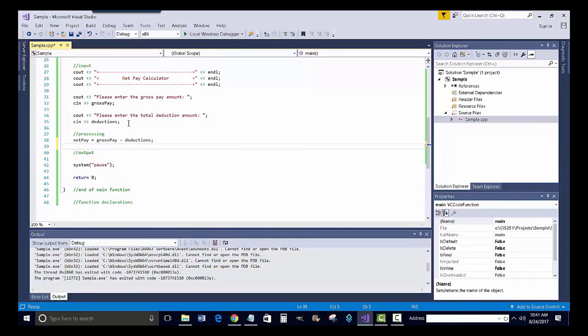We got gross pay from the user. We got deductions from the user. Now we're calculating net pay. It's going to pull this out of the gross pay memory. It's going to pull this out of deductions to do the math, because you have to have one value on